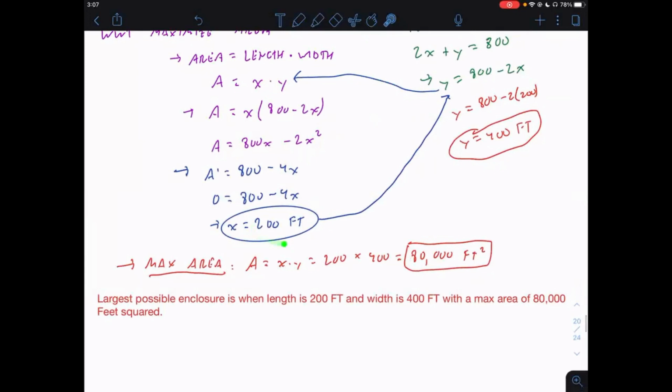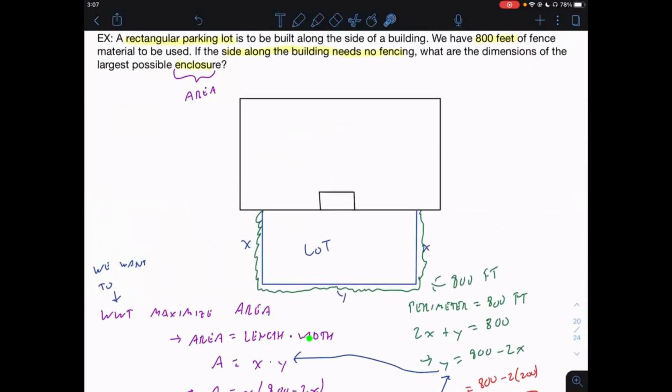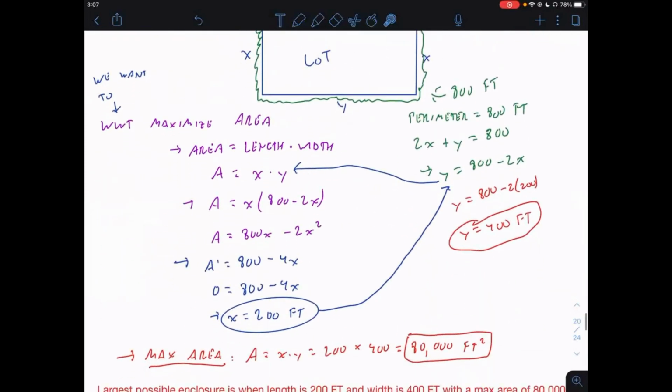And this is how these problems usually go for these optimization problems in 3.4. We're trying to optimize a certain function, so we've got to formulate the equation of that function relating our variables of interest, usually 2 of them. Then we use some prior information, some given information that's already relating our 2 variables of interest, formulate another equation, and then use that equation to substitute into the one that we're trying to optimize. So we write that function in terms of one variable, find the derivative,